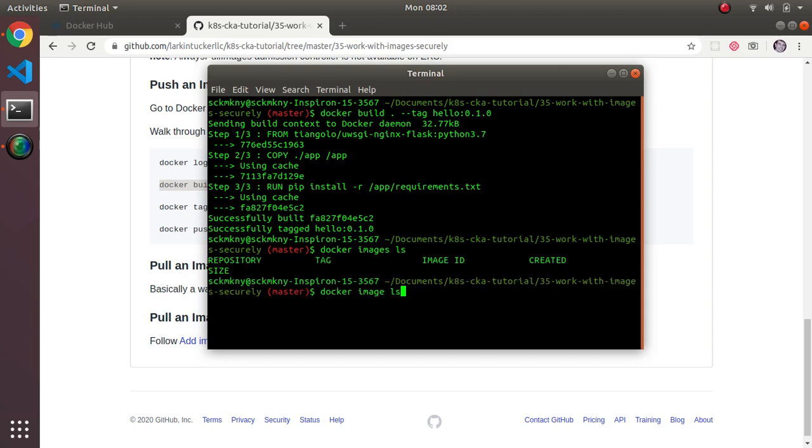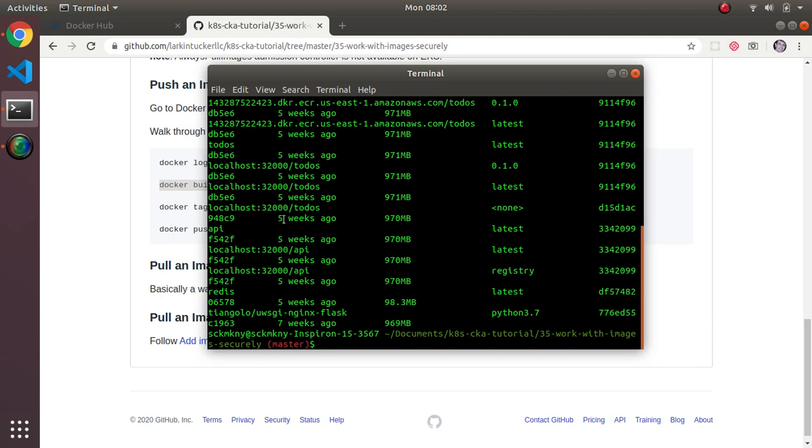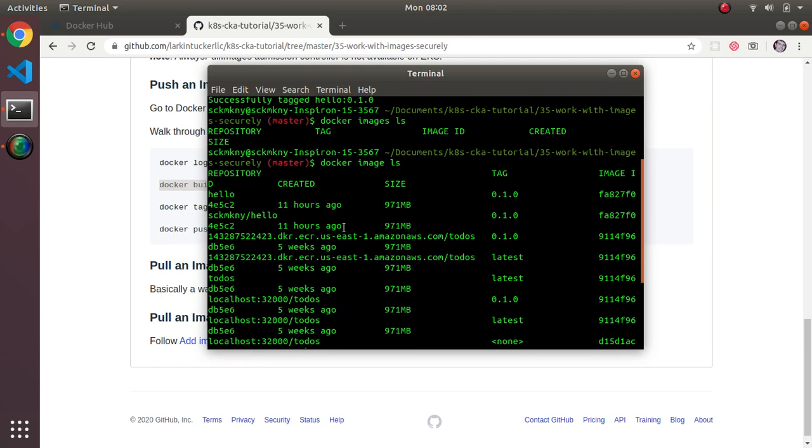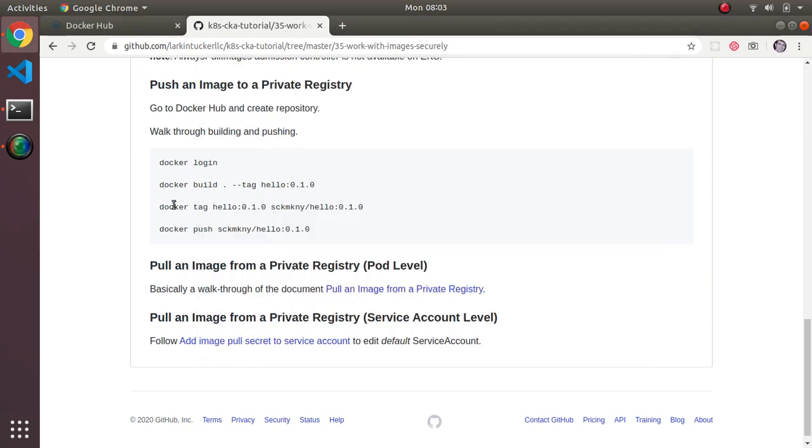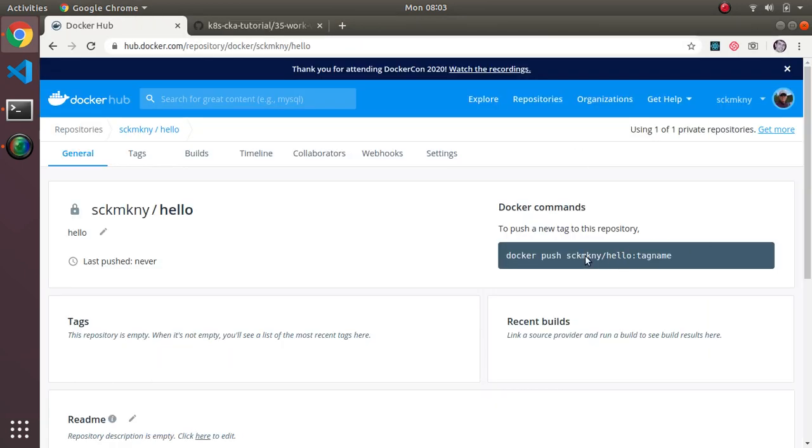Is it image ls? Oh, right. Docker image ls. I actually have my hello, right? And it's 0.1.0, right? Okay. So the next step is, if you look at Docker Hub, the name of this,